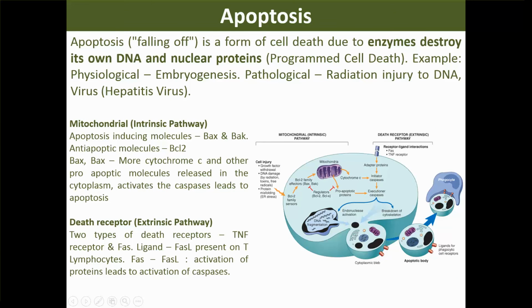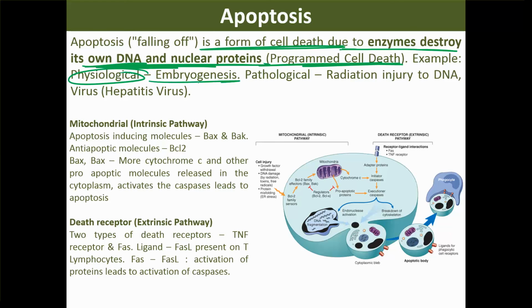Now coming to apoptosis. Apoptosis is a form of cell death due to enzymes destroying its own DNA. So the DNA is damaged first, and it is called programmed cell death. It can be physiological, for example in embryogenesis, when the embryo is developing, some parts of the tissues go for cell death by means of apoptosis. Pathological apoptosis can be seen in radiation injury, which causes direct damage to the DNA, and even viruses and oxidative stress will produce